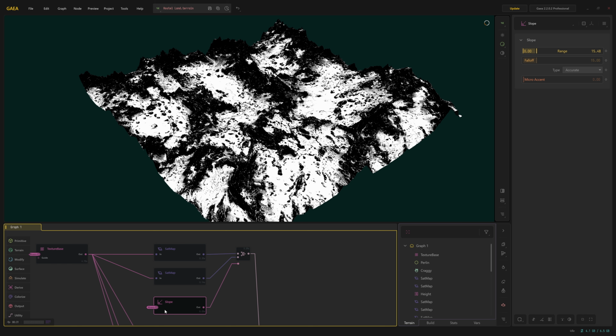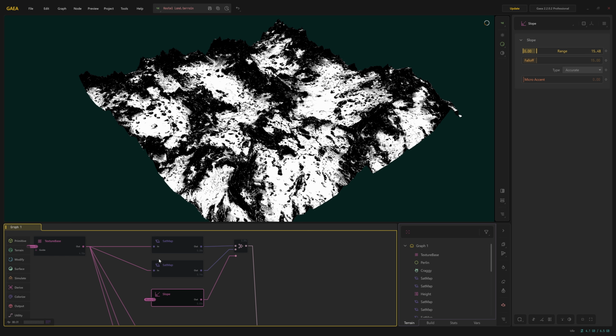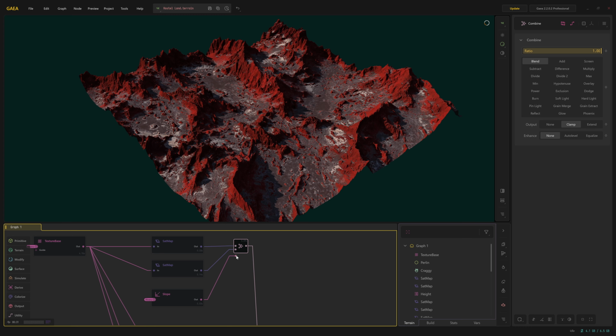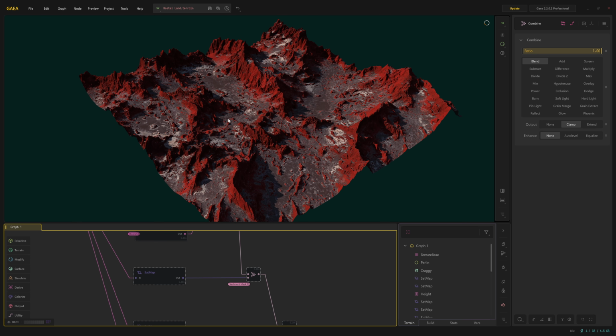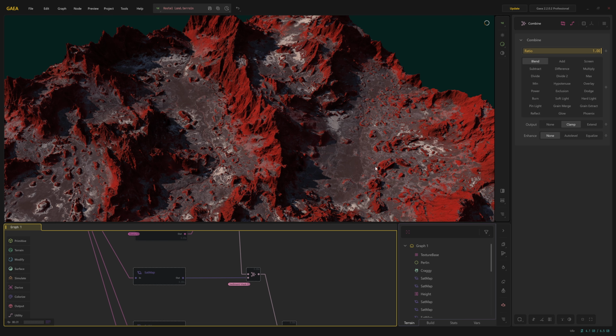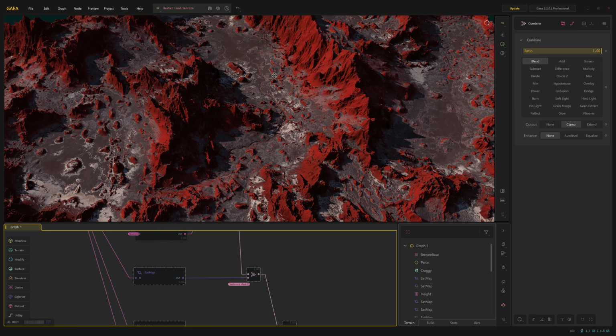The slope mask does need a connection to the landscape. So I also connected the slope mask to the rivers portal, and then connected that into the mask in the combine node. So the mountains I kept red, but the lower ground, the flatter ground, is the more muddy kind of look. After that, because I thought the lower areas were lacking some detail,